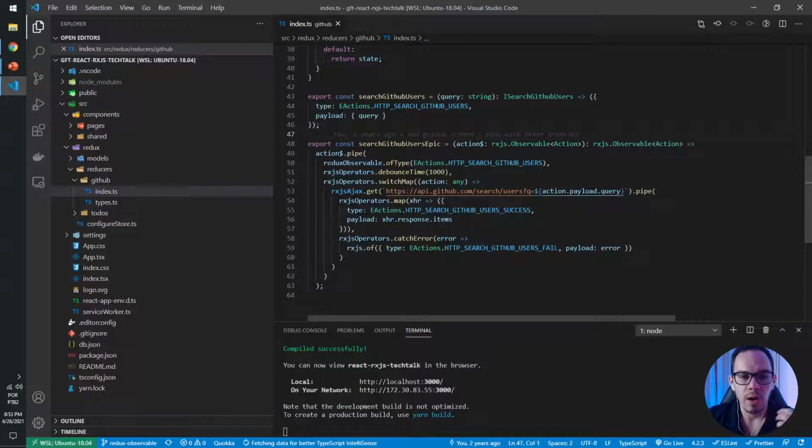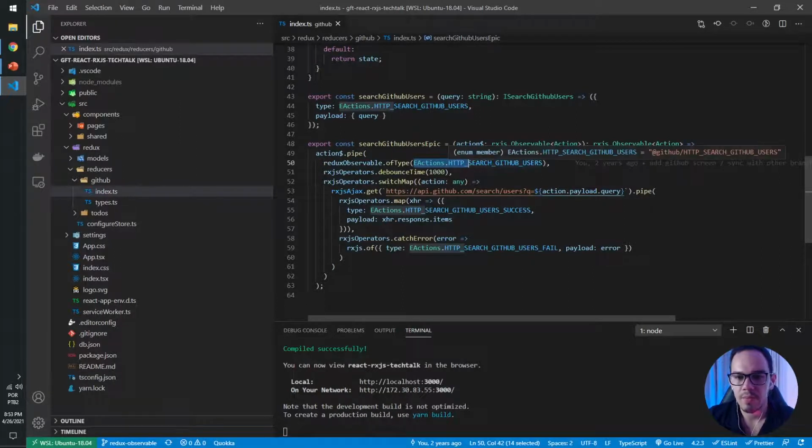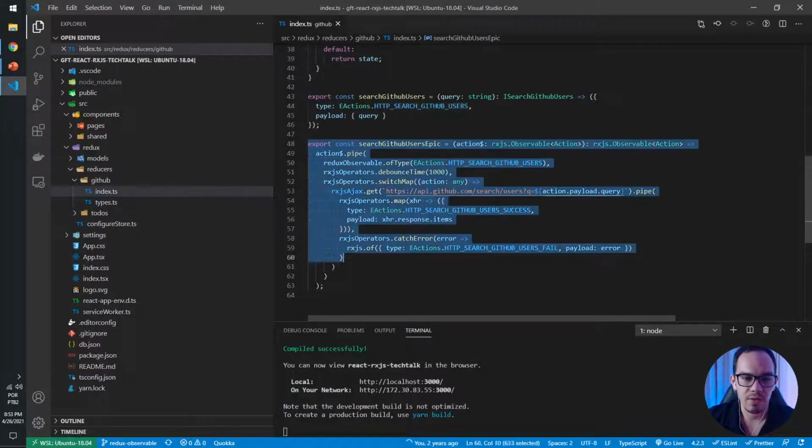So here we're gonna handle all the actions that equal actions.http search GitHub users. So every time I dispatch an action called search GitHub user, this function here